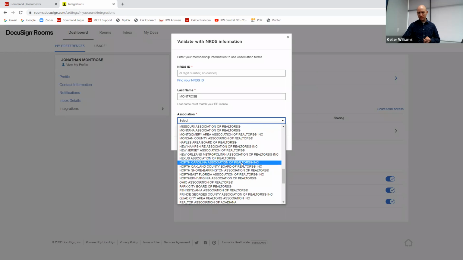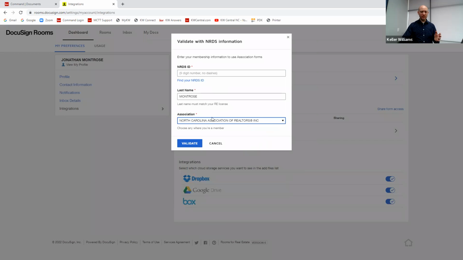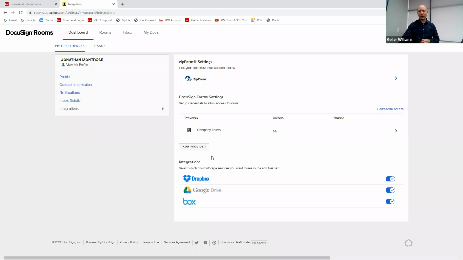It's North Carolina Association of Realtors. You fill all that stuff out and validate, you'll have access to North Carolina forms. So here's a good example of